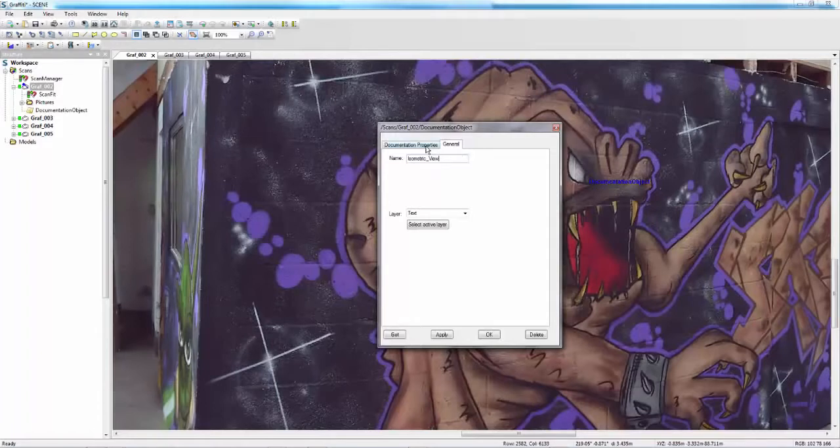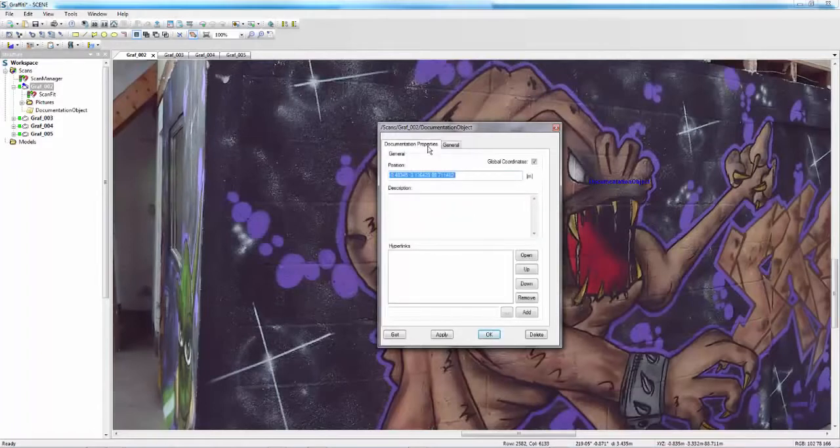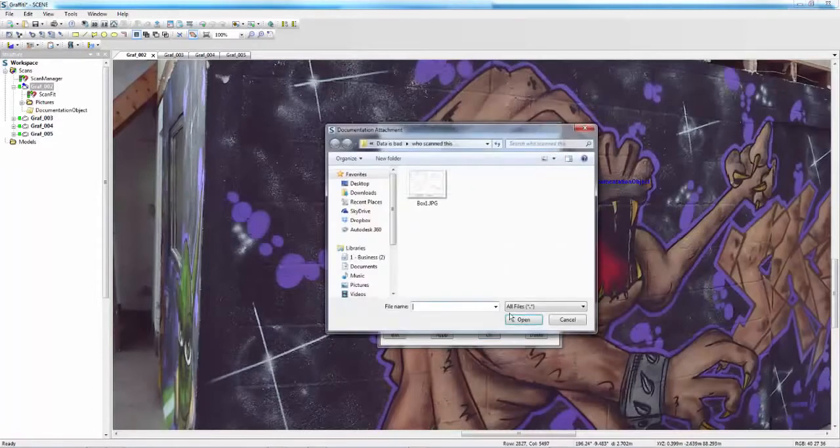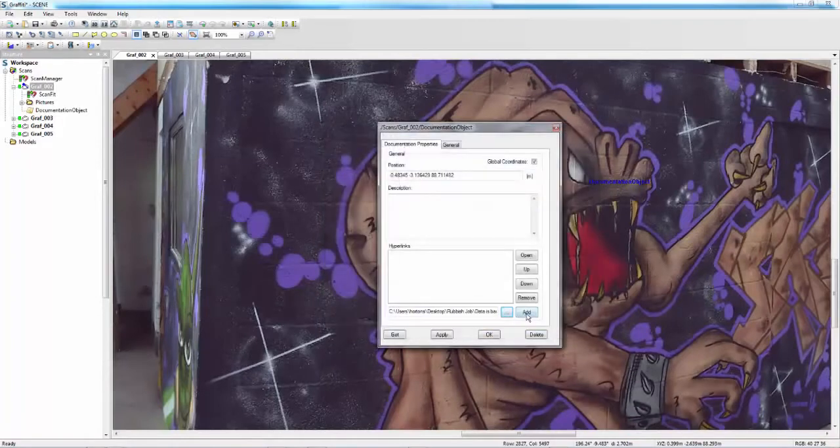spaces. Then on our document properties, we can put in a description to tell us what this particular document is, or we can add in our hyperlinks. Now as a tip, be wary of adding in hyperlinks to a location outside your documents folder. If I show an example of that, if I click on the icon here to add a link, and then I go to this particular folder and click OK and add the data that I've selected here into the hyperlink